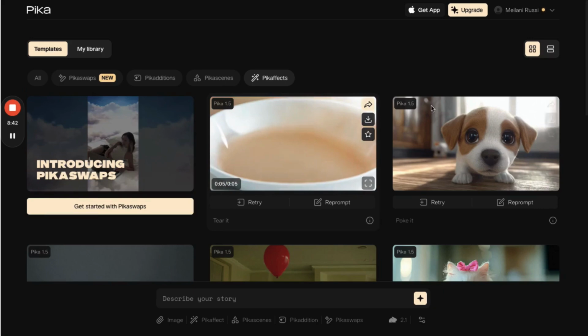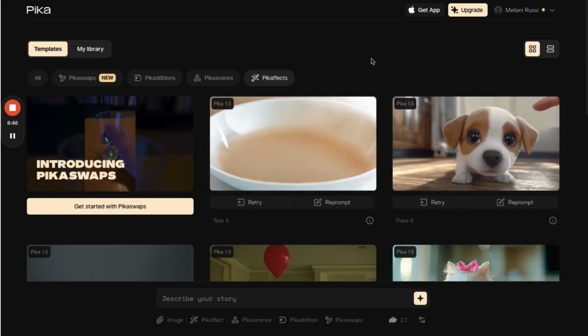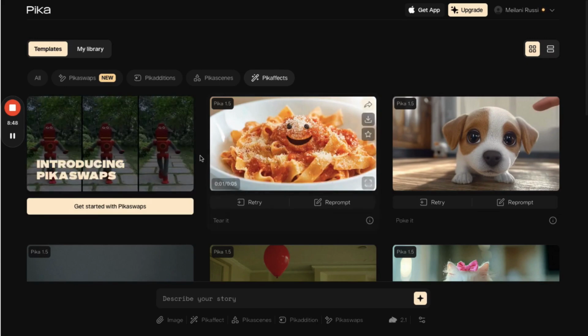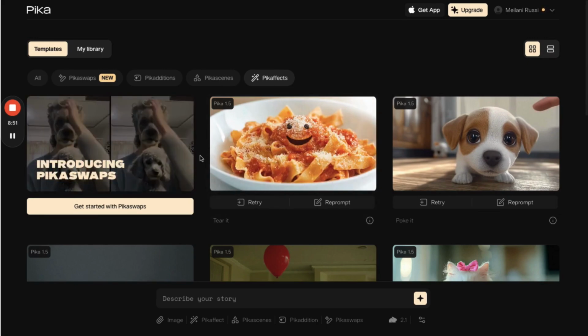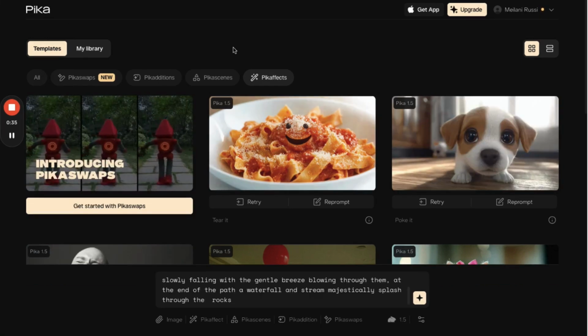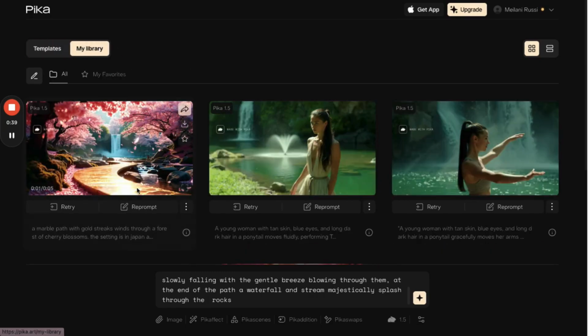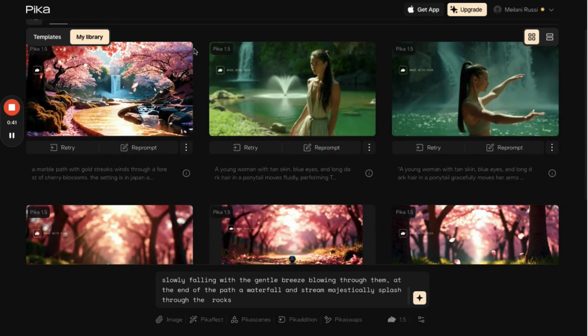I'm throwing it in there. This guy's squeaky. But yeah, they have a lot of different settings that you could try out, which is really cool compared to RunwayML. So let's now go to my library and we can look at the video I generated